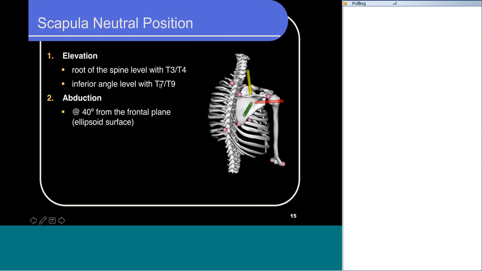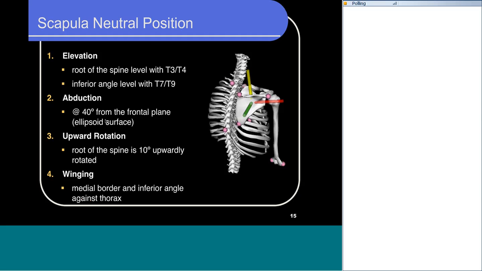So we're at zero abduction, we want the angle of the scapula with the frontal plane to be 40 degrees, and upward rotation to be roughly 10 degrees, upwardly rotated,